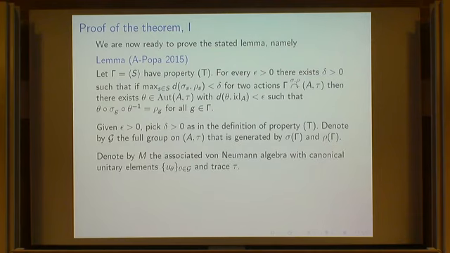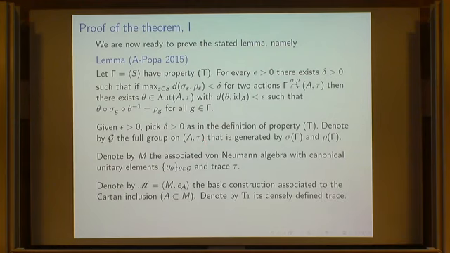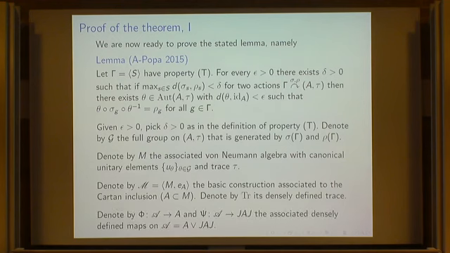And then, to remind you of the notation. This gives rise to the Feldman-Moore construction M, with these canonical unitary operators and this trace, which I called tau twiddle before. It's just tau because it extends this tau. Do the basic construction, and then we have this script A inside script M with these two projections onto its